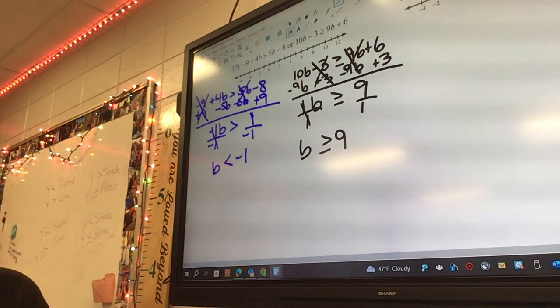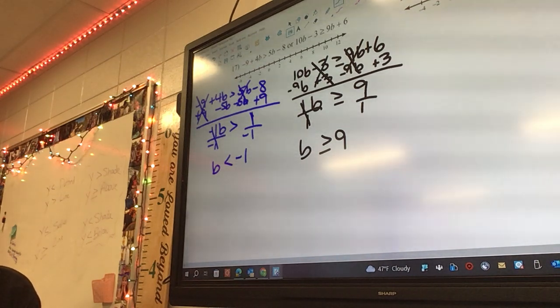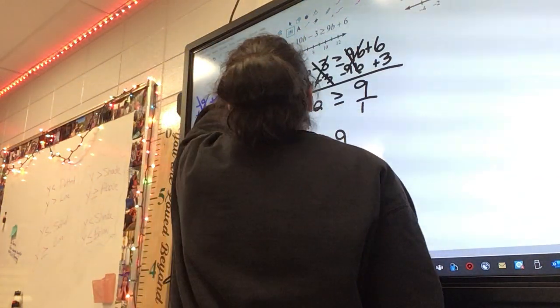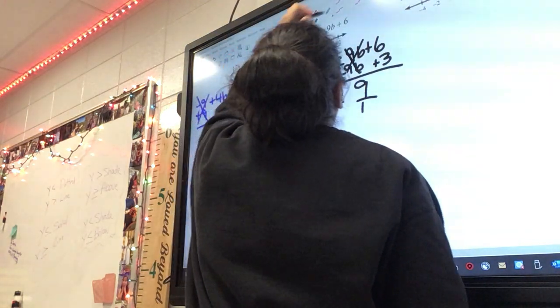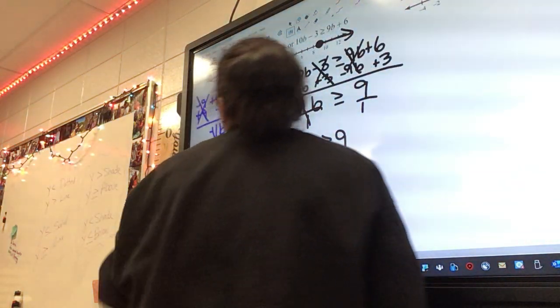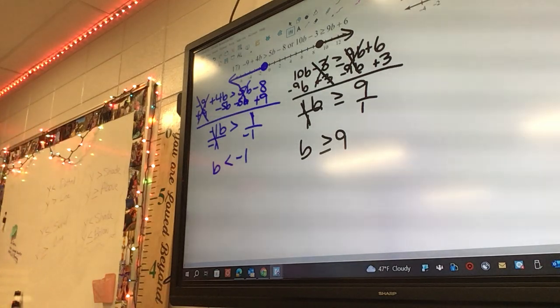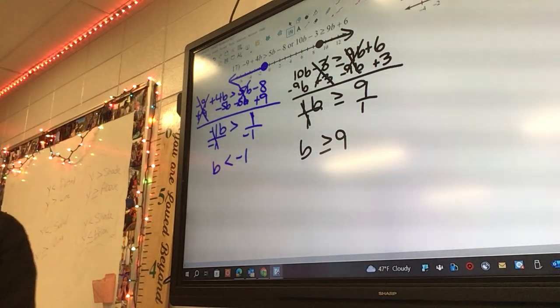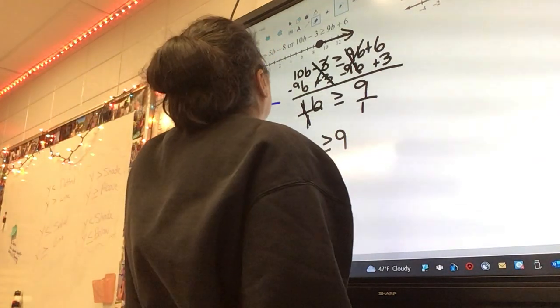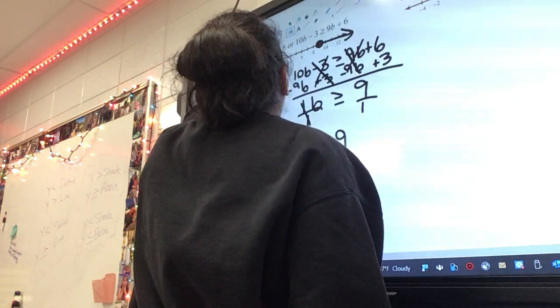On the -1, should that be open or closed? The -1 should be open. What about the 9? Closed. For the -1, which way is he going? To the left. And what about the 9? To the right. Does that look right? Does it look like an or? Yeah, so you could assume that is correct. What's wrong? Oh, shoot. Good call. My dot should be an open dot on -1. The rest is for you guys to do. Go through and get your